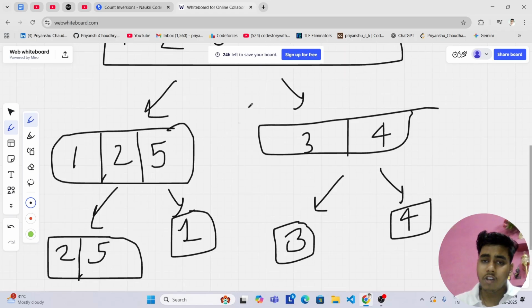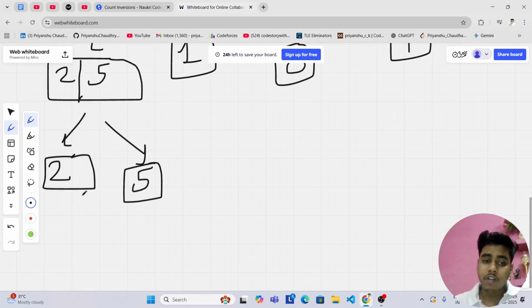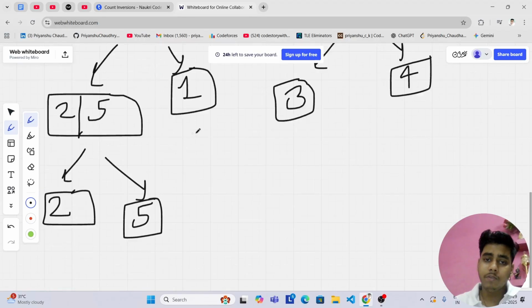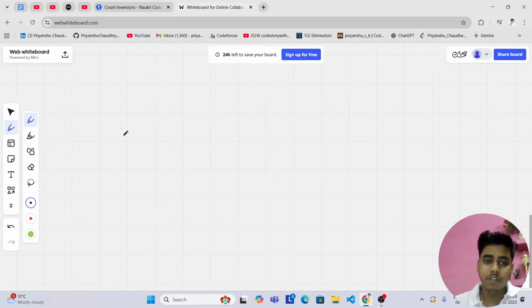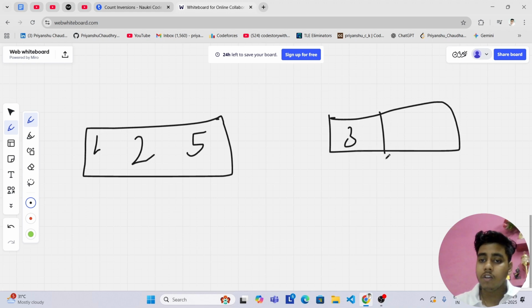So what's the logic here? What we can do while merging, let me do separately what I'm trying to say. Suppose we have two separate arrays, 1 2 and 5, and this is a separate array, 3 and 4. Alright, now if we keep the i pointer here and the j pointer here,